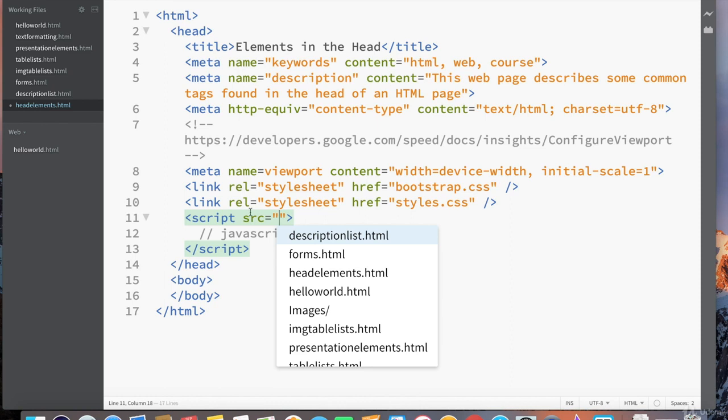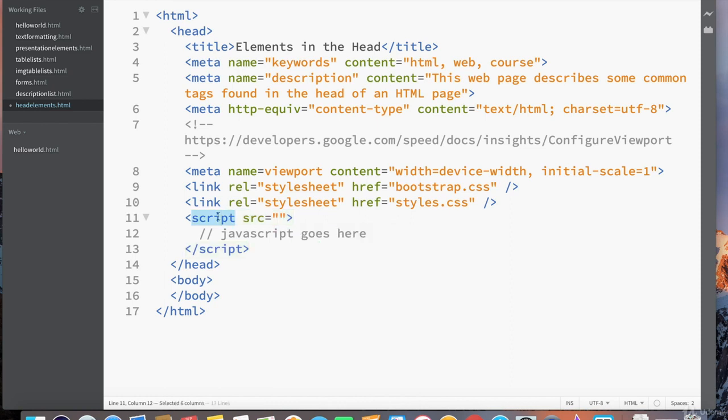Note again that there's quite a bit of difference between the script tag and the link tag, because the link uses href, whereas the script uses source. So keep in mind, link and script tags are the exact opposite of each other. Links are self-closing, scripts need a closing tag. Links use href, scripts use source. Where they are similar is that the source property, similar to an image, can link to an external JavaScript file,